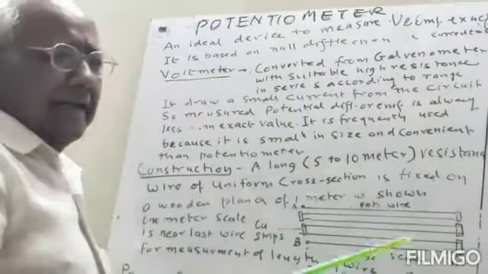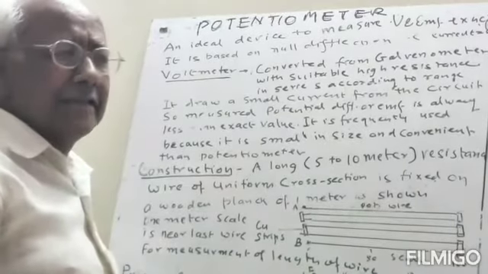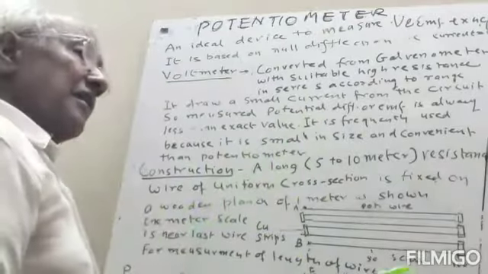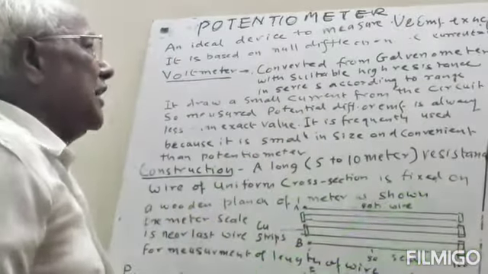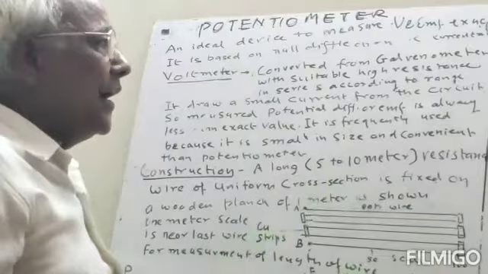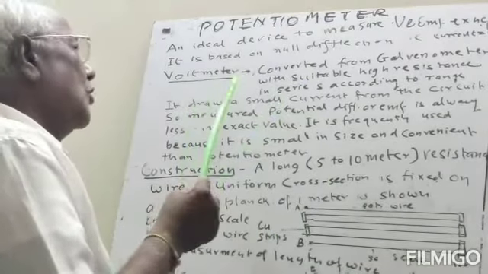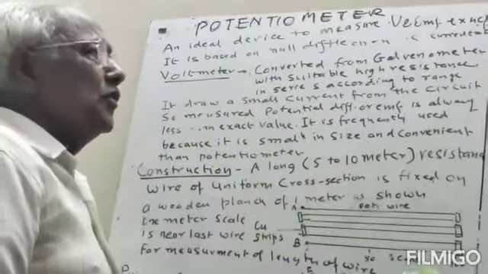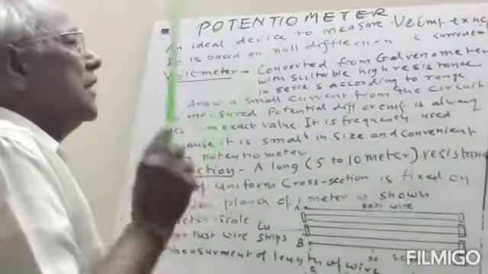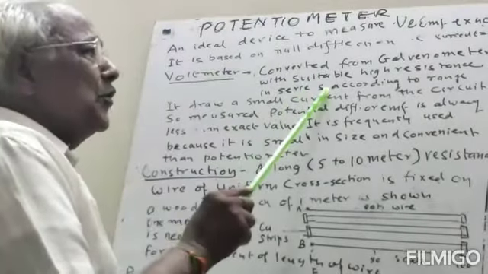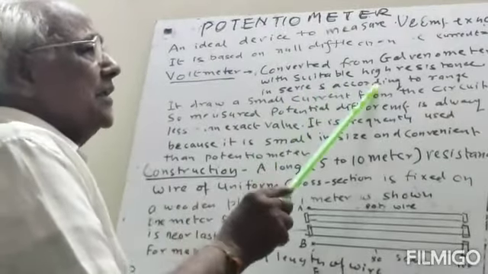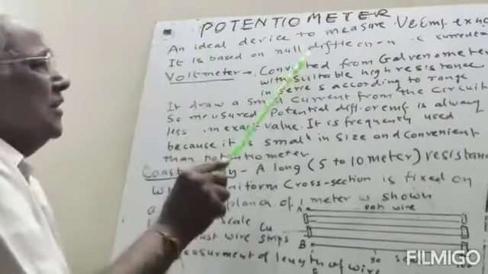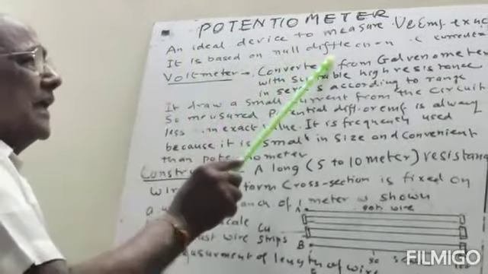If there is no current, then there will be no deflection in the galvanometer. A voltmeter will take some current, meaning there is some leakage of current or some current is required for the voltmeter. So it takes some current, which means the current is not zero. So the voltmeter does not give the exact potential difference or exact EMF, whereas a potentiometer does not take any current from the